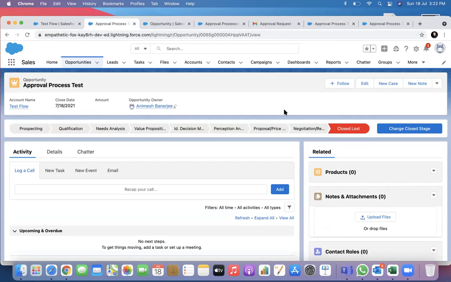Clear, guys? So that's how approvals also work in Salesforce. All the process automations, most of them, the most important ones are covered today. A lot of data, a lot of things which we have talked about. I will upload this session soon after. Please review this, thoroughly practice this, particularly flows. Flows are the most important ones.